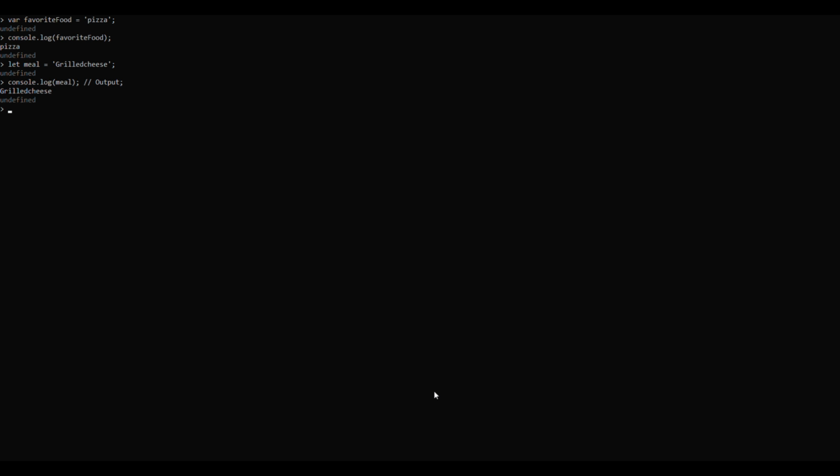Another concept that you should be aware of when using let and even var is we can declare a variable without assigning the variable its value. In such case, the variable will be automatically initialized with the value of undefined. So like this. Let space price, then semicolon, then enter,